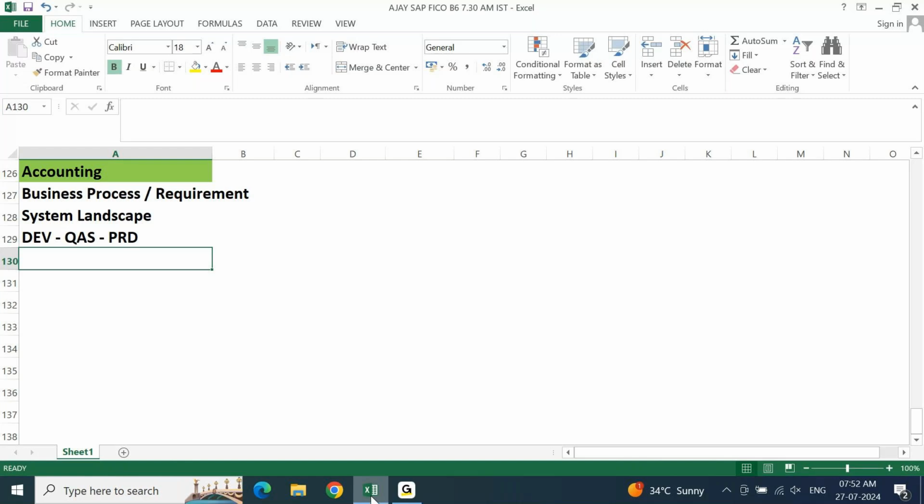Another point in SAP is, if you're not practicing, if you're not understanding logically, conceptually, you will forget everything. The reason is you are preparing only the content of configuration, T-codes, tables and all. That will not stay in your mind for long. Unless you go ahead with the logic, you are not going to remember it for a long time. It's only short time.